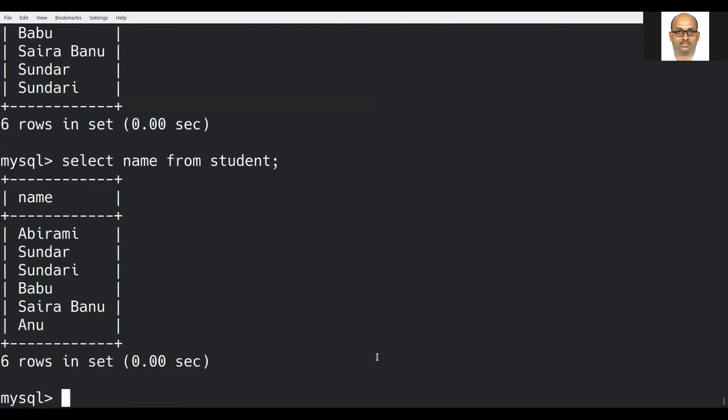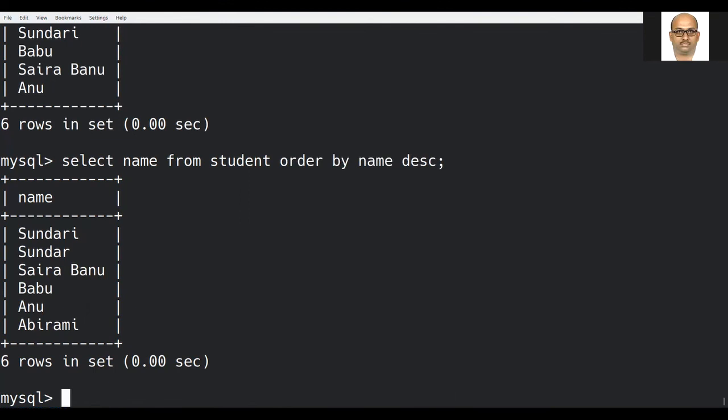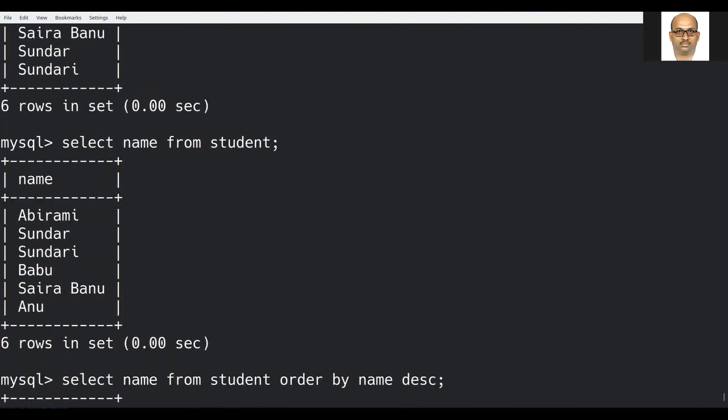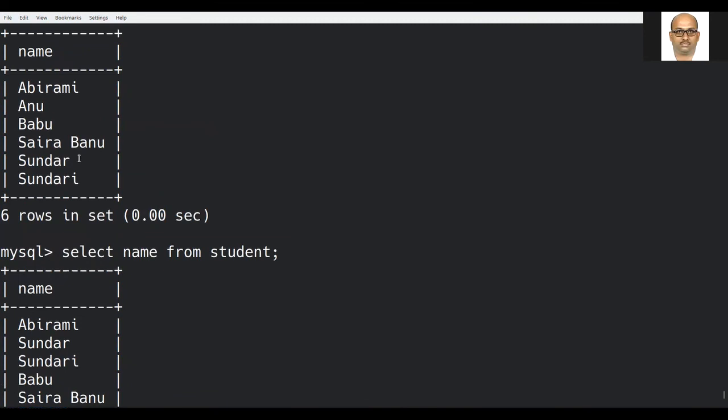Then comes descending order, DESC. If I use select name from student, order by name DESC, here DESC denotes descending. Sundari, Sundar, Saira Banu, Babu, Anu, Abhirami. It has given the data in reverse order, opposite to ascending order.